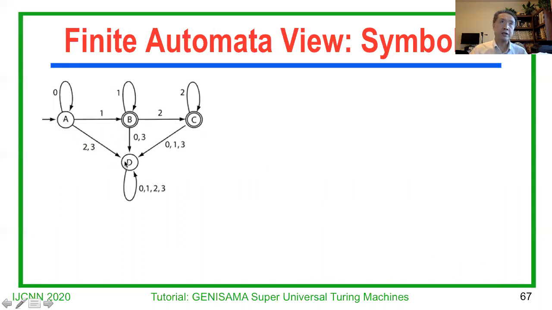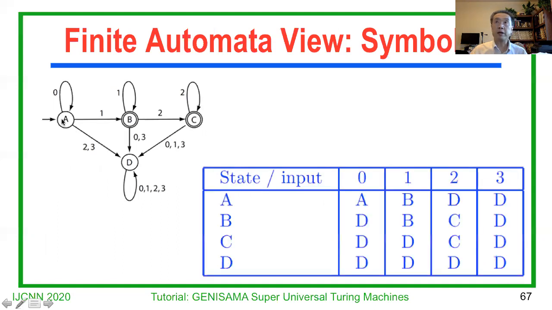So output is yes, this is yes, double circle yes, single circle is no, all right? Yes, yes, no, no. And this is a transition, a simple one, all right? So this is a transition diagram or lookup table. The states A, B, C,